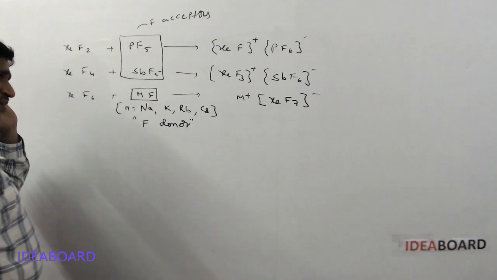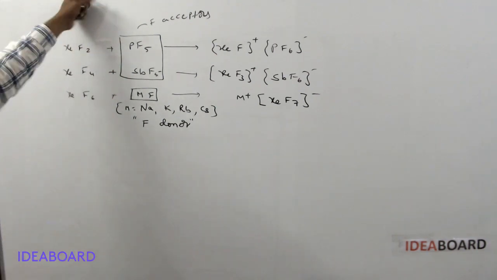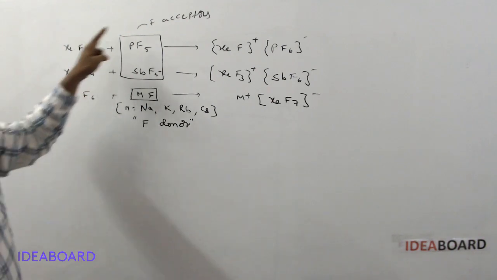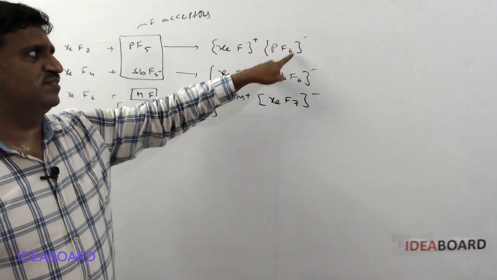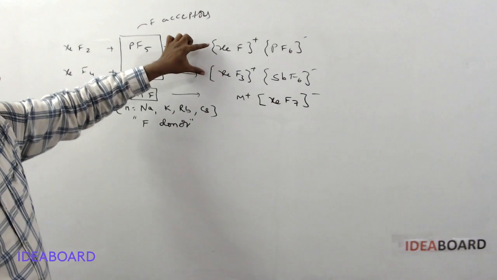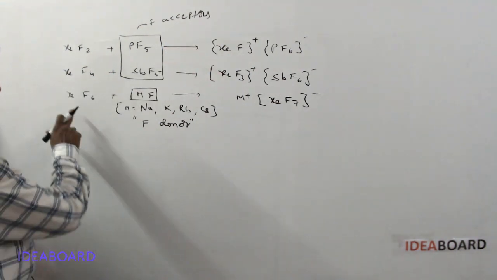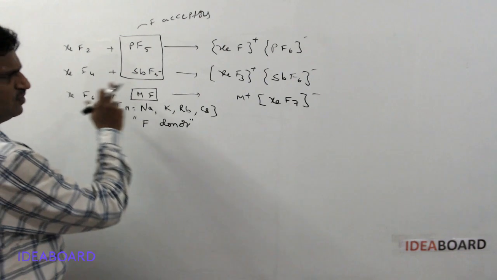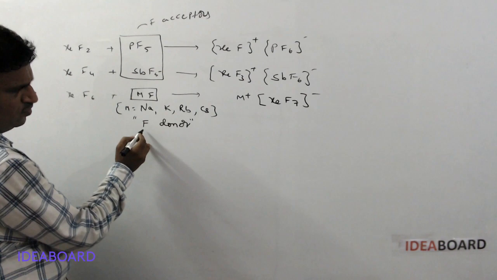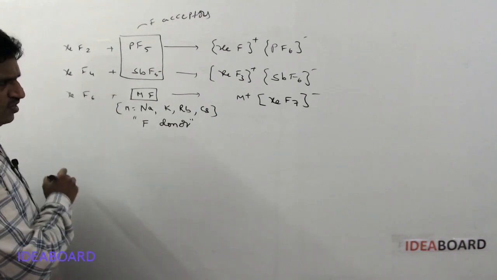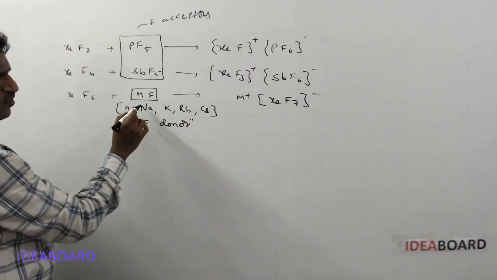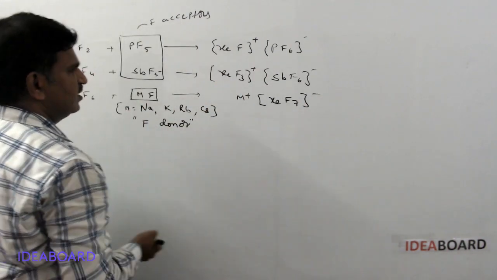So this fluoride donor and the fluoride acceptors are reacting. When fluoride acceptors react, xenon difluoride or tetrafluoride donates a fluorine, forming PF6 minus negative anion and SbF6 minus negative anion, and these are forming fluoro cations. If it is a metal fluoride, then it forms M plus XeF7 minus, and this is known as a fluoride donor. Here, fluoride anions are forming fluorocations, and with fluoride donors, it is forming a metal fluoride complex.